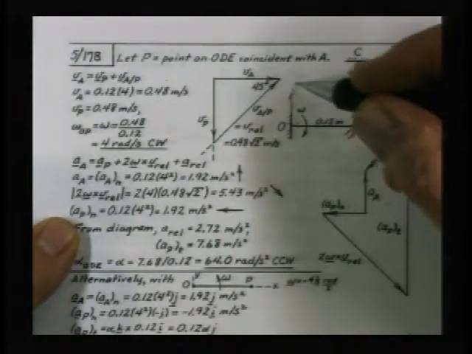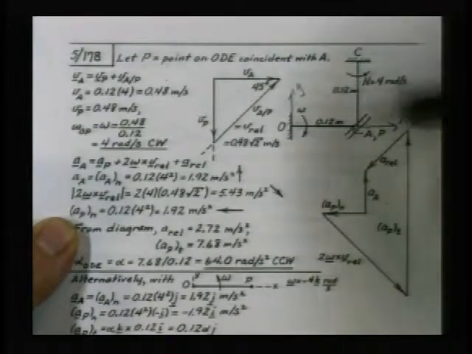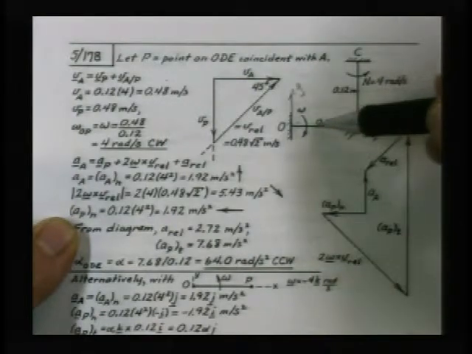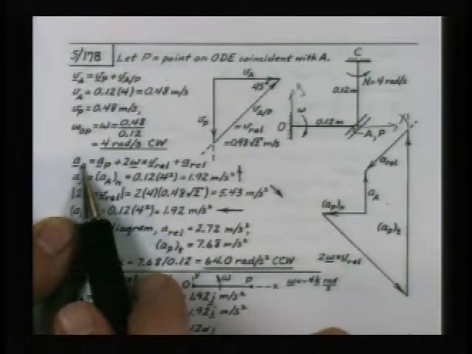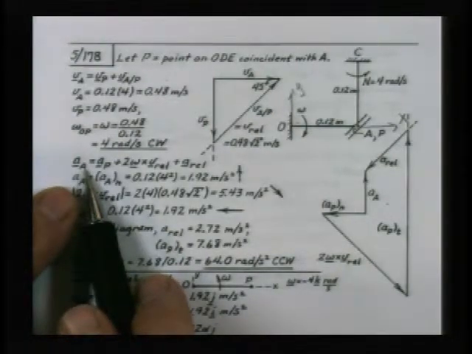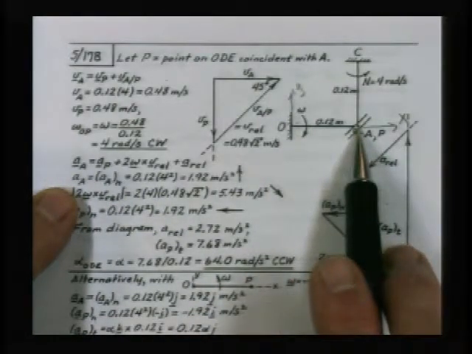And I would have done that up here. Okay. Set my axes so that they rotate with this member. All of these terms then are going to be written in terms of that little XY axis system. So the acceleration of point A is going to be equal to the acceleration of point P